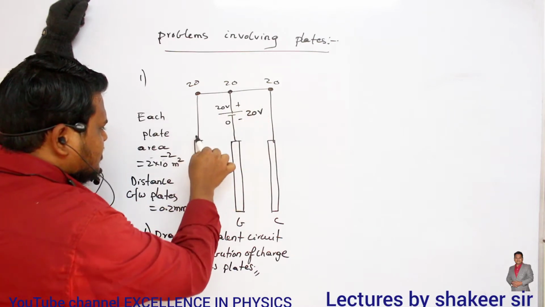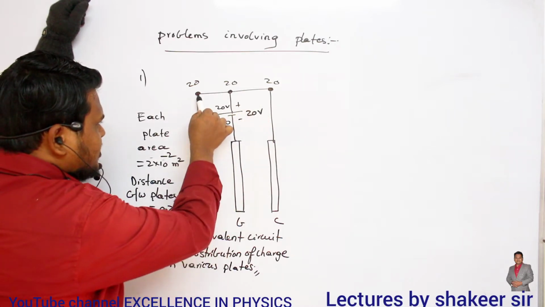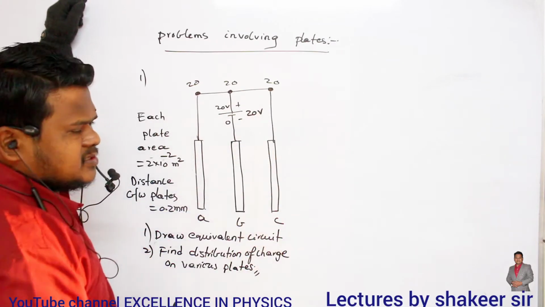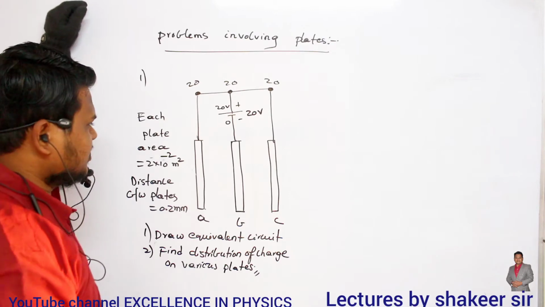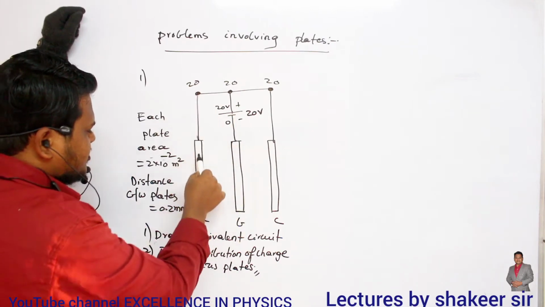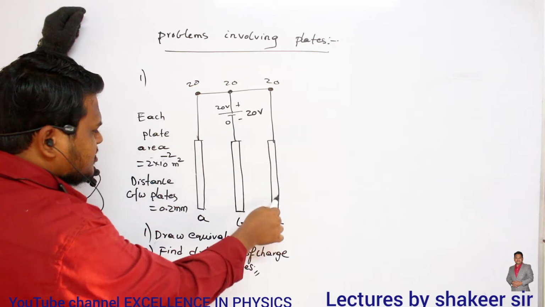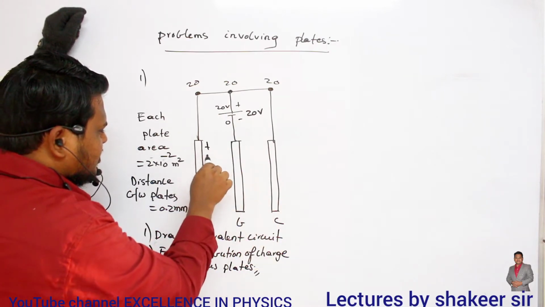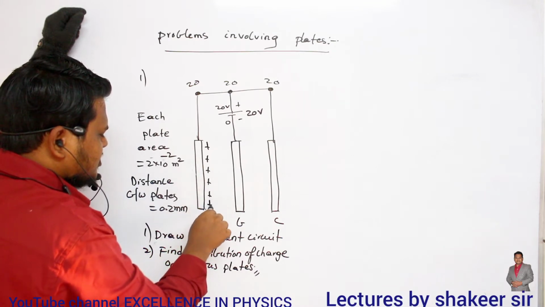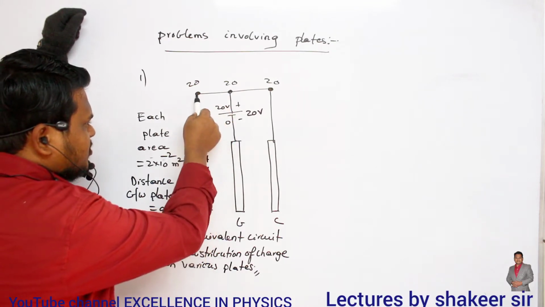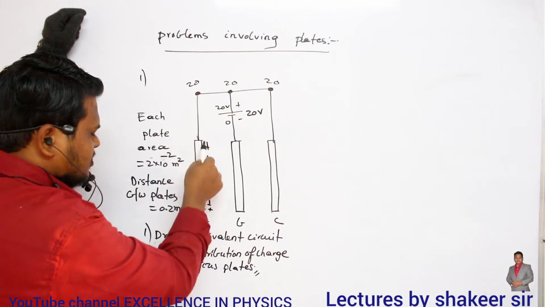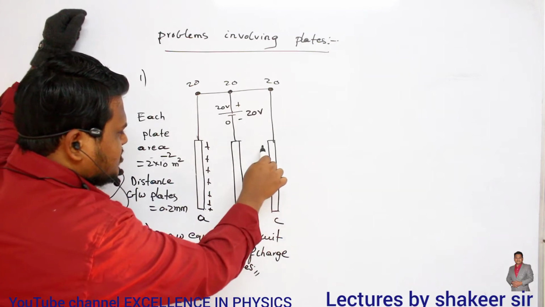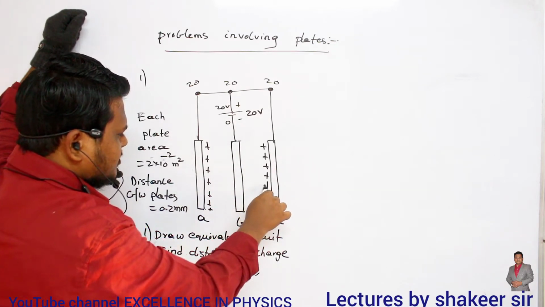It means that this first plate, plate A, is also connected to the same potential. This third plate, plate C, is also connected to the same potential. That is the meaning of this. All of you are able to understand? So this plate is also connected to a potential of 20, and this plate is also connected to a potential of 20. And this is at higher potential. So definitely this will become a positively charged plate. Why? Because positive potential plus 20 is present on this plate. Similarly, this plate also should be a positively charged plate.